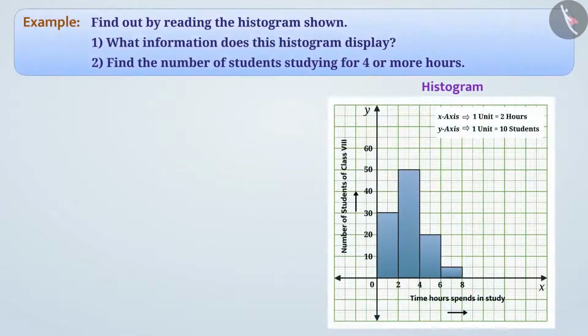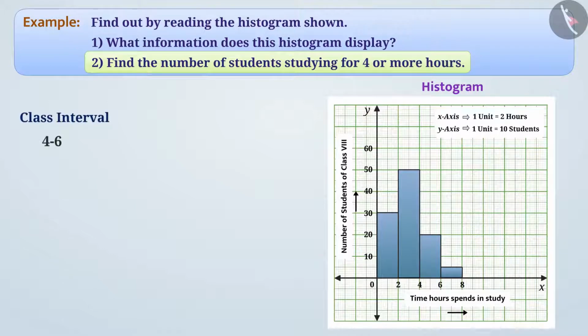Next example, find out by reading the histogram shown. What information does this histogram display? The histogram shows how many hours Class 8 students spend in studies. Find the number of students studying for 4 or more hours. Here, two class intervals, 4 to 6 and 6 to 8, represent the number of students who study more than